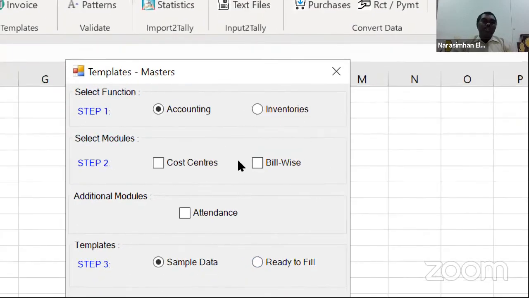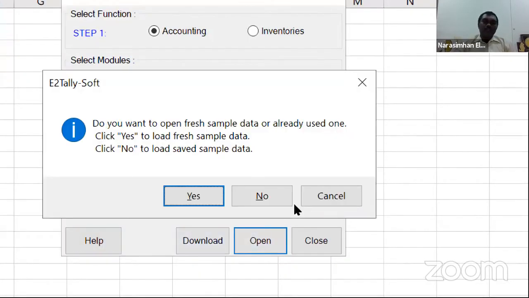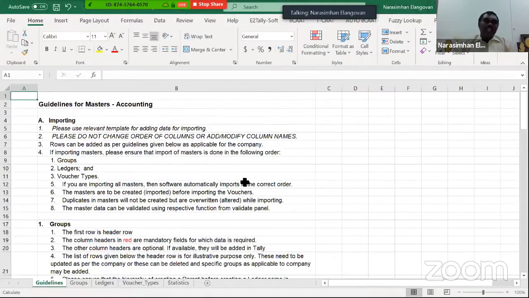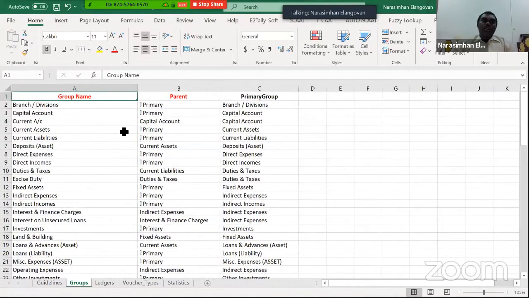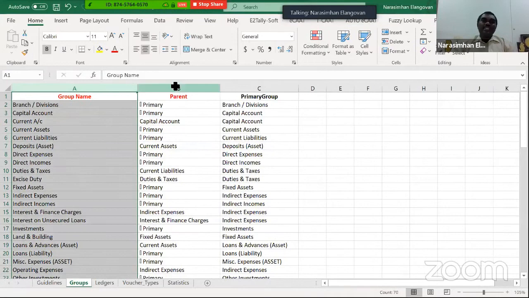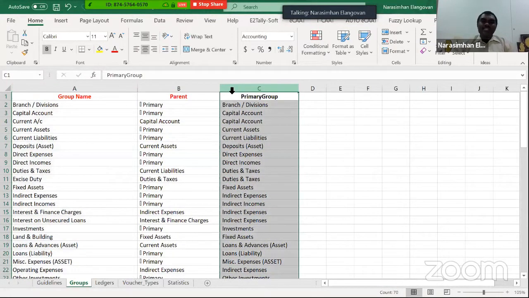Step 1 accounting, step 2 cost center, additional modules. I ignore all of this. I just click on accounting and I just say open. So it says, do you want to open? Yes, let us open it. Now it has created one template or one format where all the names of the ledgers and the parent and the primary group exist.